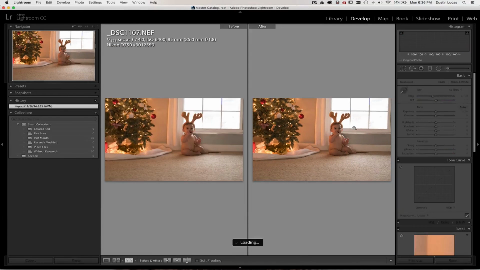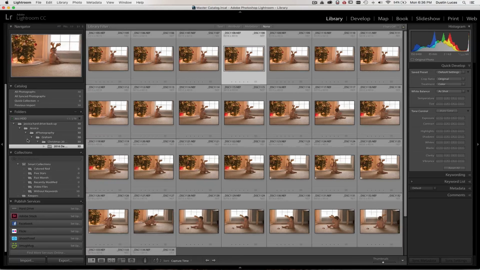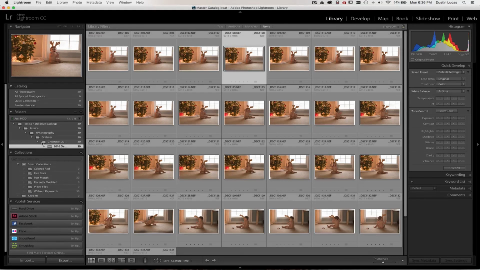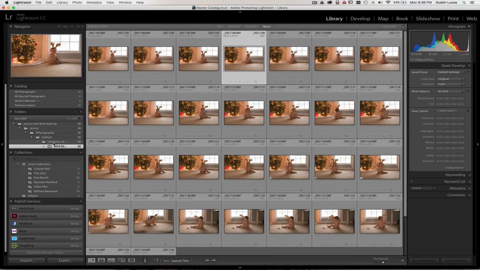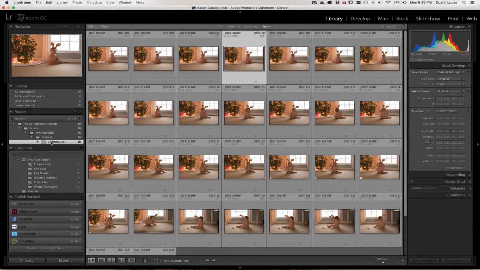Showing the original photo, now they're all here. It's loading. So let's say I wanted to do that same thing. I wanted to create a Keepers folder, which is perfectly fine. So what I can do in this Christmas